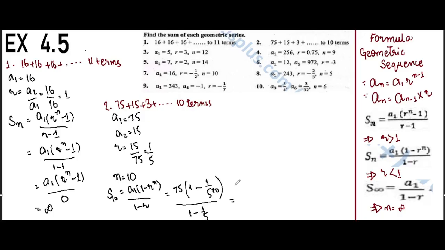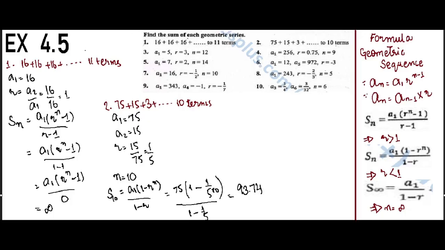Okay, we can easily solve it using the calculator. 5 raised to the power 10 minus 1 whole divided by 5 raised to the power 9. So this is the answer for question number 2. Oops, I've done this wrong. It is going to be equal to, solve this all up, and our answer will be 93.74, and that is the answer for this question.